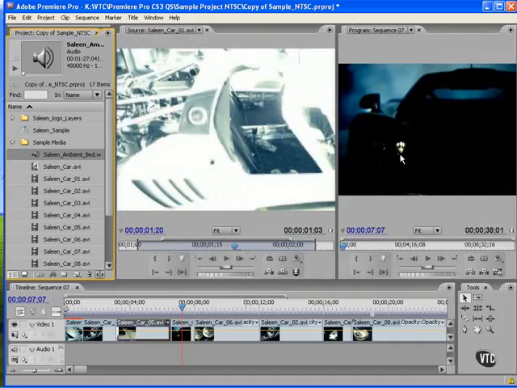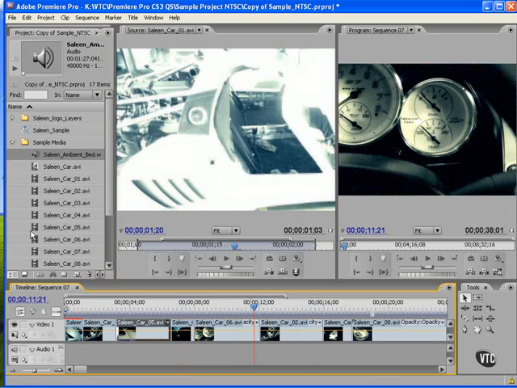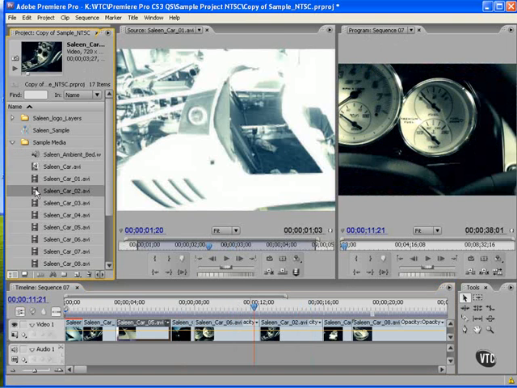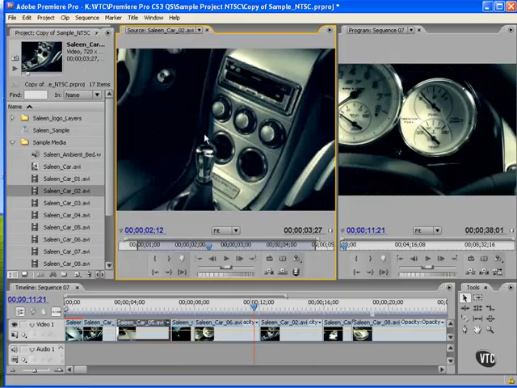To the right is the Monitor window. It displays the source clips in the left pane, or the source view. Notice that says source. And your program in the right hand, or program view. The program view is what you see down here in the timeline. The source is what you double click on over here in the project window, and that will display the source